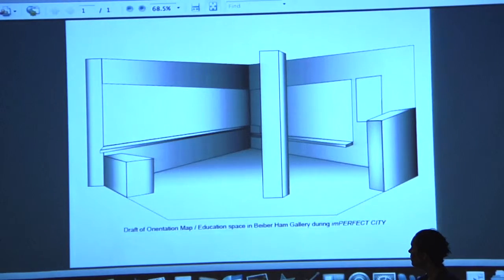We would delineate the space by creating a shelf that comes out, which could double as storage space for materials for this project. Essentially it is a place where our students, kids that take classes, or any visitor that walks into the space can create how they envision Imperfect City to look.